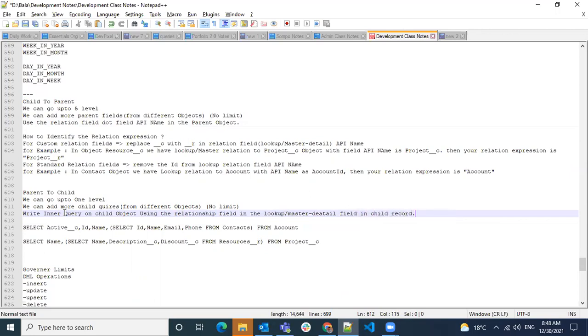Child record. What's a child object? How to write the inner query on the child object. If you have a query on the parent object, the inside query will be on a child object using the relationship field in the lookup and master detail field in the child object. Okay, and child object, then